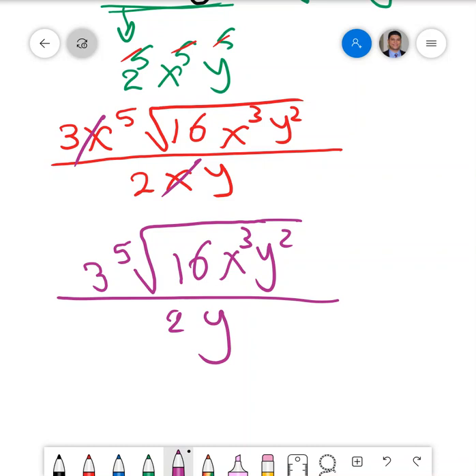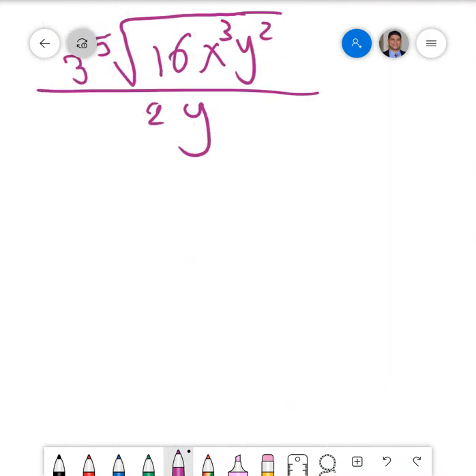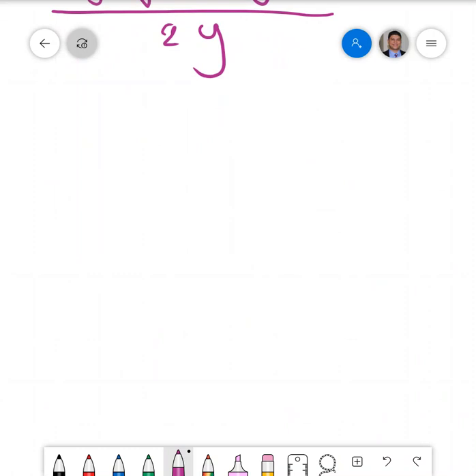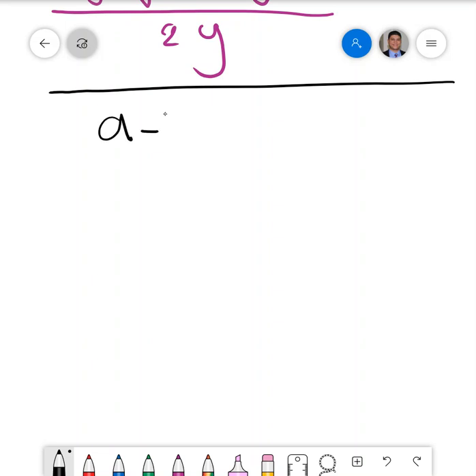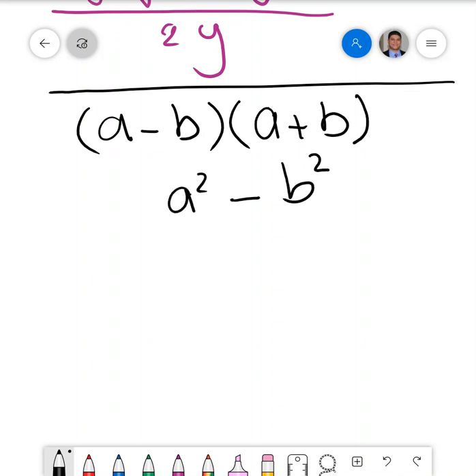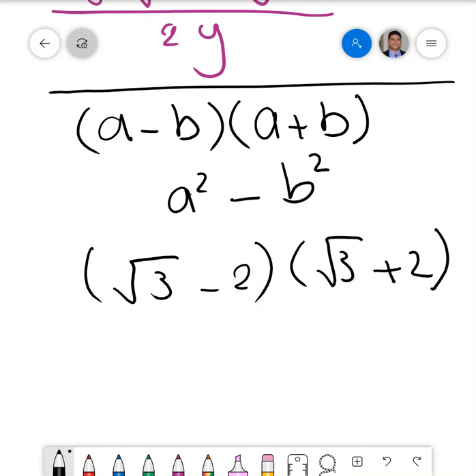Okay, rationalize when there are two terms in denominator. To rationalize when denominator contains two terms, so we have to multiply by the conjugate. The conjugate process comes from difference of two squares. When I have a minus b, and if I multiply it by a plus b, I'll get a square minus b square. So if I have radical 3 minus 2 and I multiply it by radical 3 plus 2, so I get